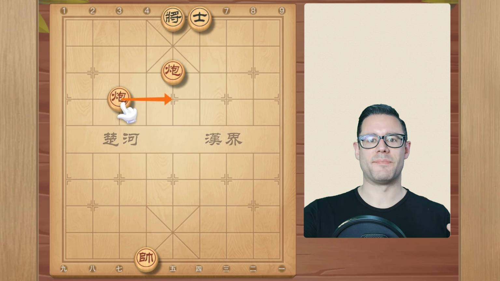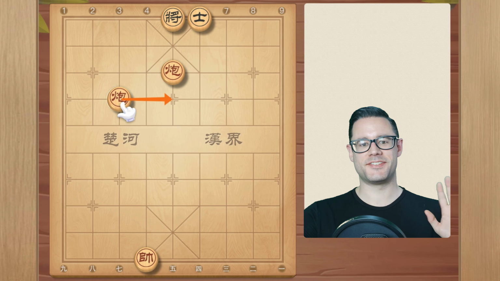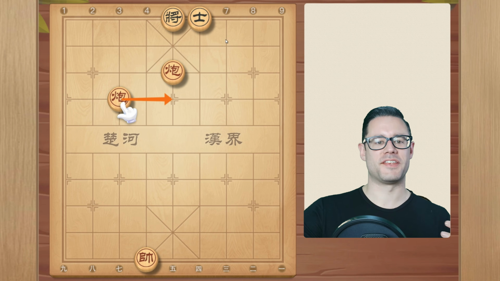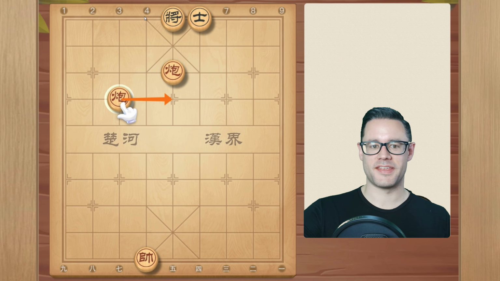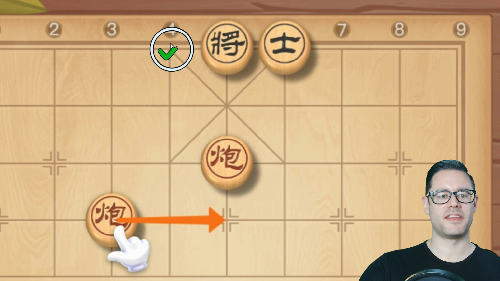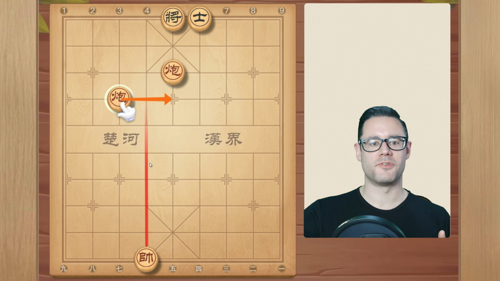So here's another example of a double cannon checkmate. And remember I said the double cannon is super powerful, nothing can block it. Well, that's only true in the case where the general has no escape path or it's blocked, say, by the advisors on either side. So in this case, the general has one spot that is open that it could go to, except for the flying general rule.